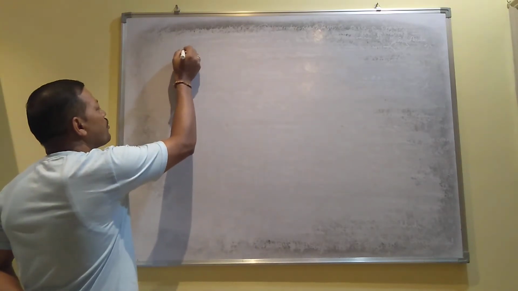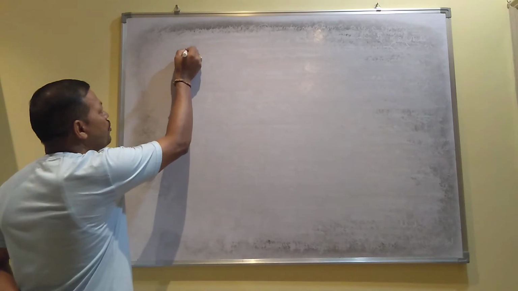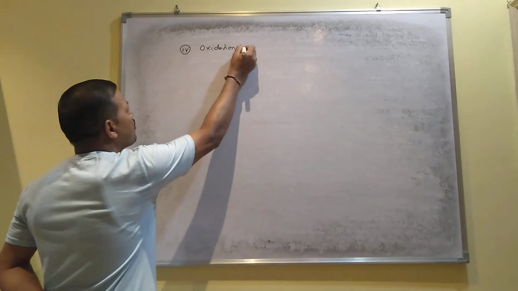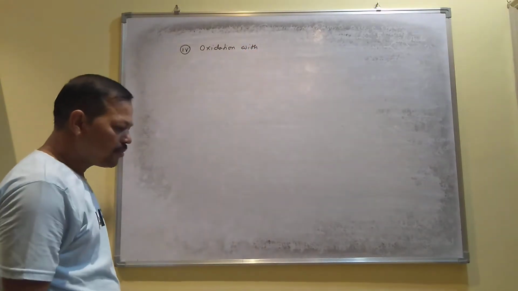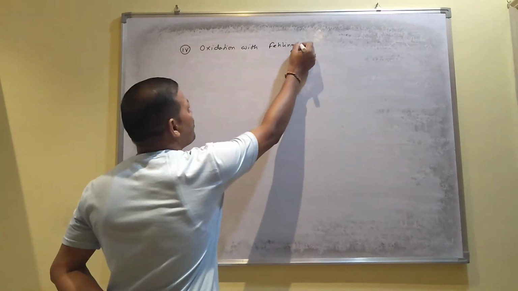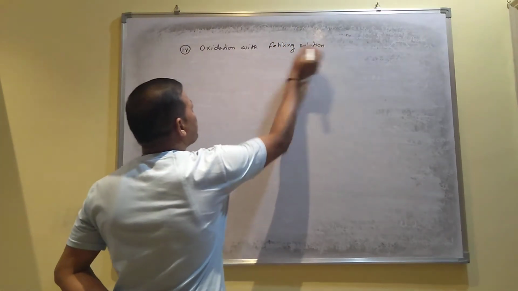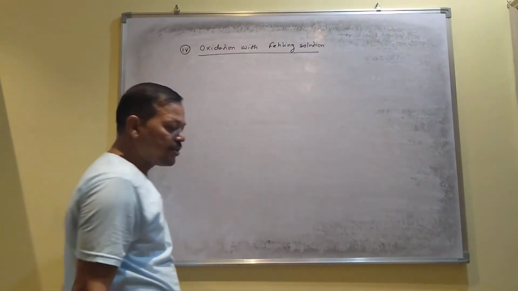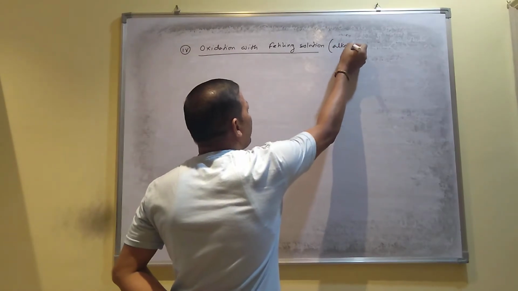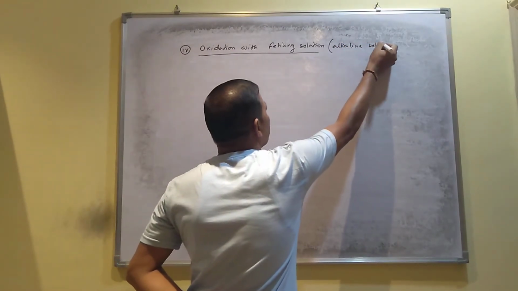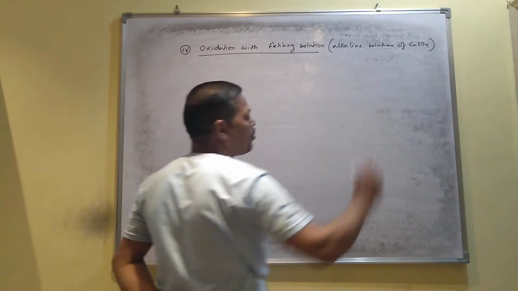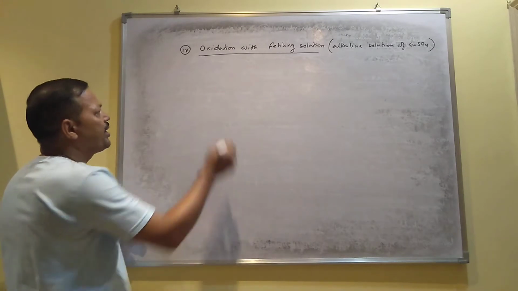Number 4, I think: oxidation with Fehling solution. What is Fehling solution? Fehling solution is the alkaline solution of copper sulfate. This is called Fehling solution, and it is prepared by